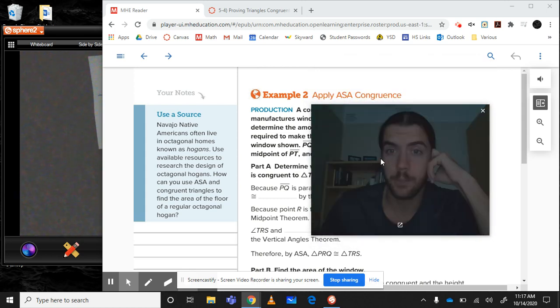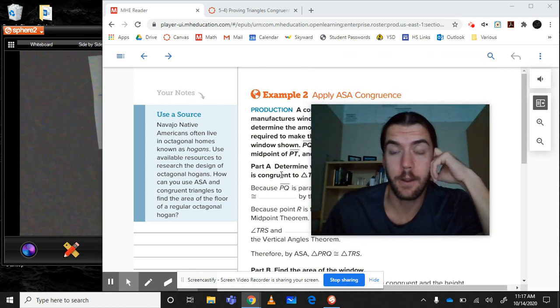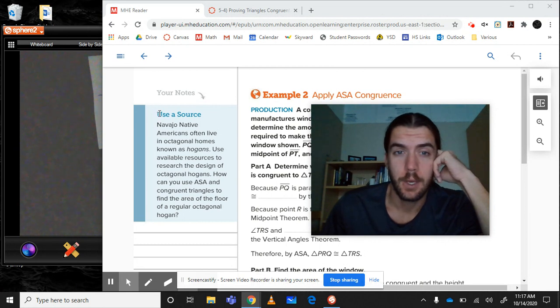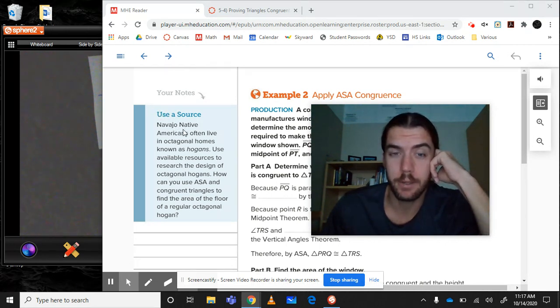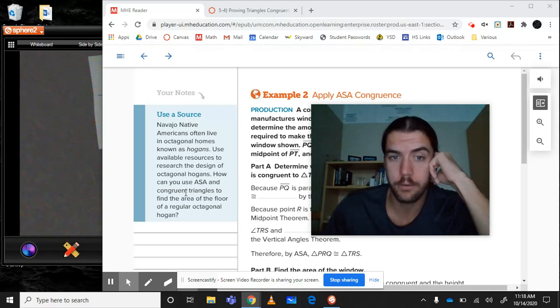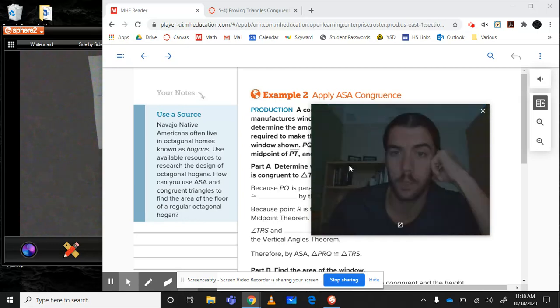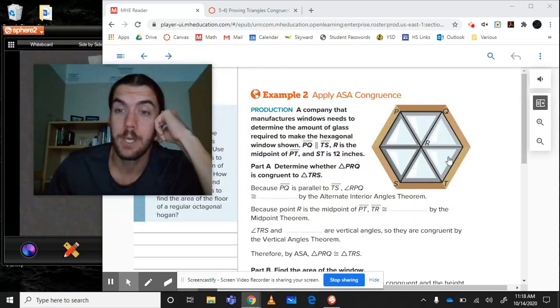Okay, here in example 2, we're going to apply angle side angle congruence to an example. They're giving us a situation here talking about Navajo Native Americans often living in octagonal homes known as hogans. Use available resources to research the design of octagonal hogans. How can you use angle side angle and congruent triangles to find the area of the floor of the regular octagonal hogan? Okay, so basically just saying, if you want to know the area of this shape, like how much